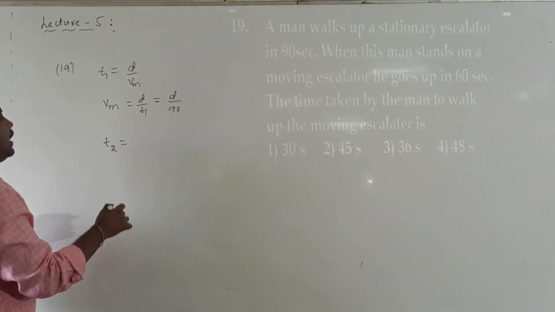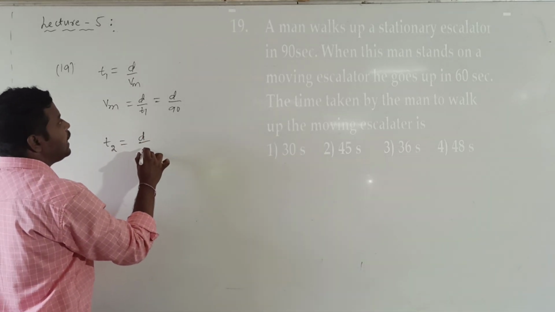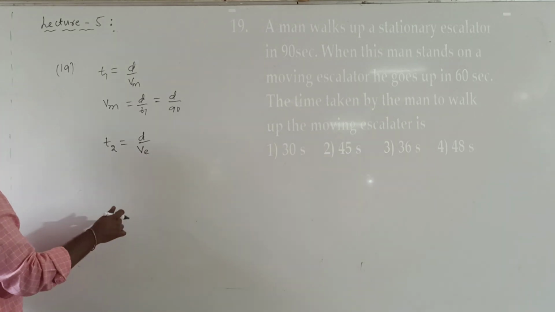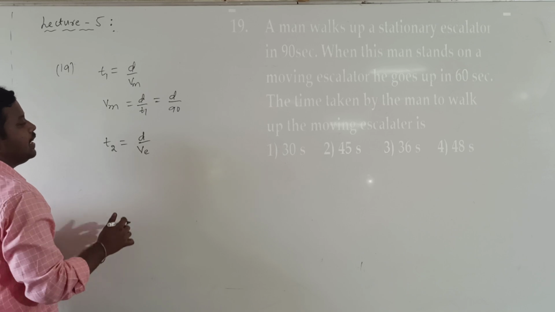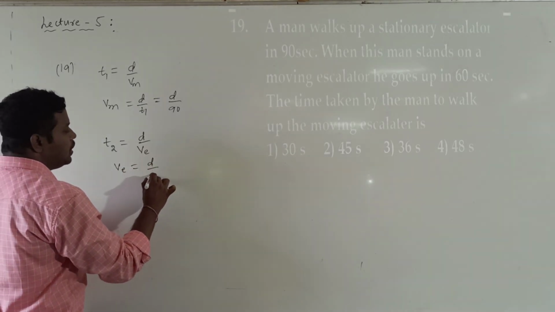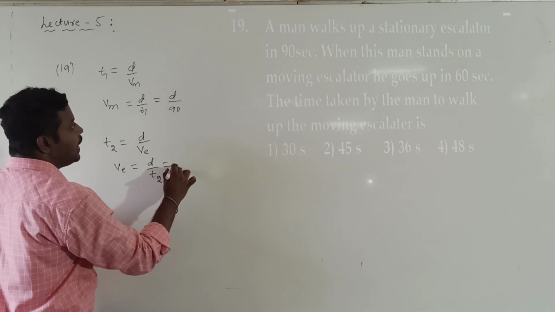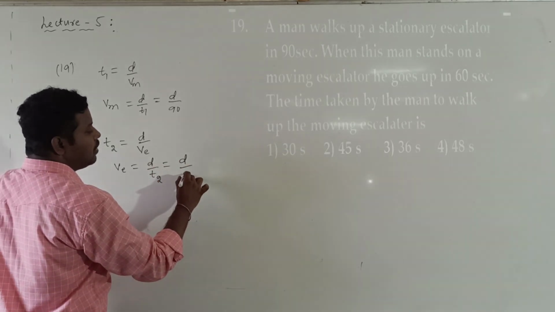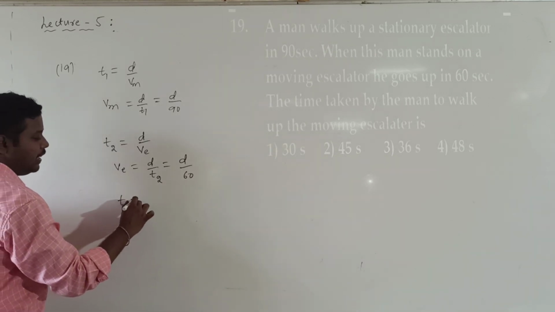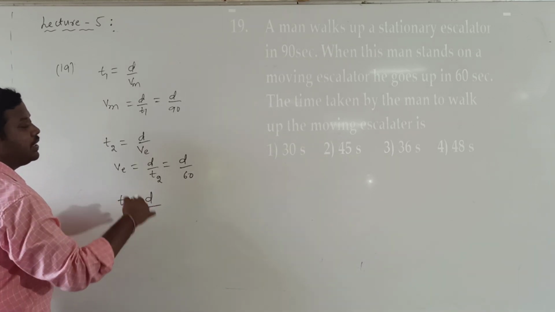Similarly, when only the escalator is moving and the man is at rest, what is the time taken? I can call it t2. The t2 value is d divided by v. Why have I written v here? Because only the escalator is moving, the man is at rest. So v is equal to d divided by t2, which is d by 60 seconds. Now they are asking us to calculate the time taken when both the escalator and the man